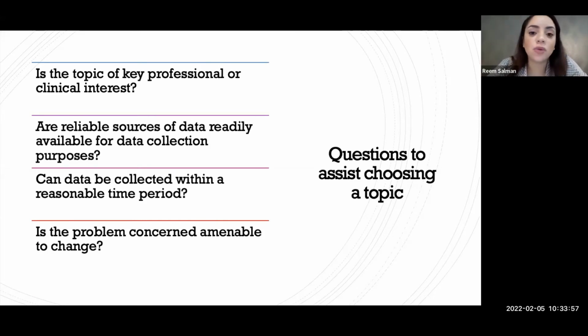And you don't have to change a major thing. It could be something very simple, very small, like adding a proforma to a procedure that did not have one. For example, because there is no proforma, the documentation of this procedure is very haphazard, and then you organize the documentation by adding a proforma. That's just a very quick example, okay?